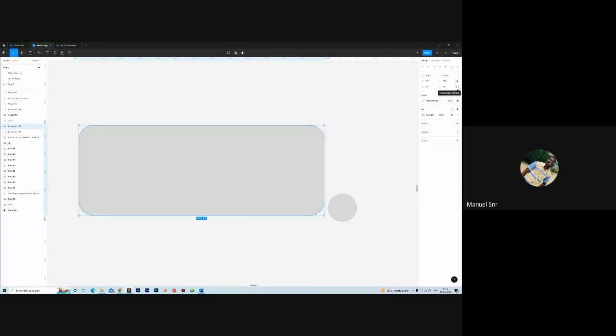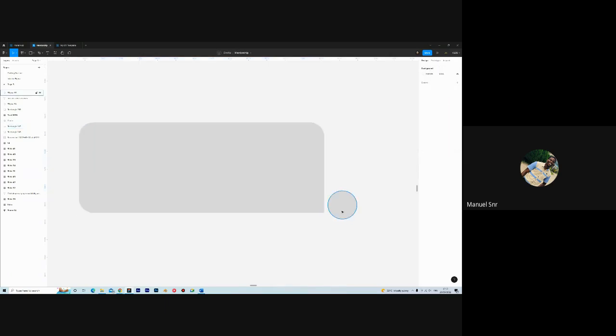So clicking on it, it brings out this flexibility for you. This gives you the opportunity to change individual corners. So maybe the top left, I want it to remain 20. Top right, remain 20. Bottom right, I want it to be 0. Then bottom left, I want it to be 20. So you can see now that I have